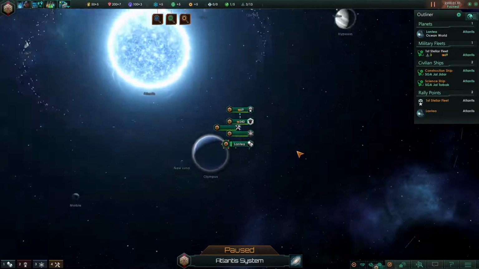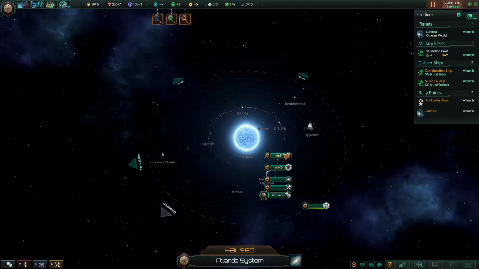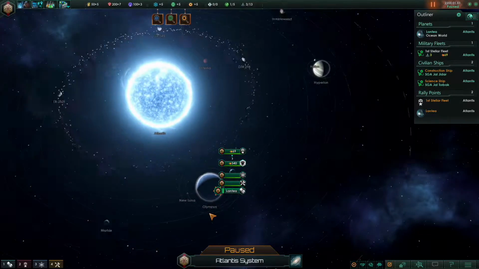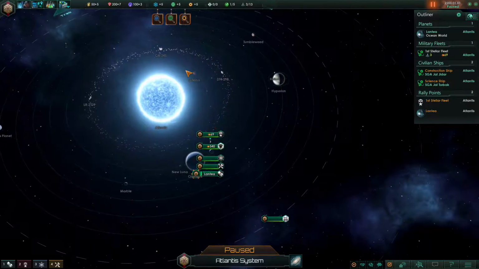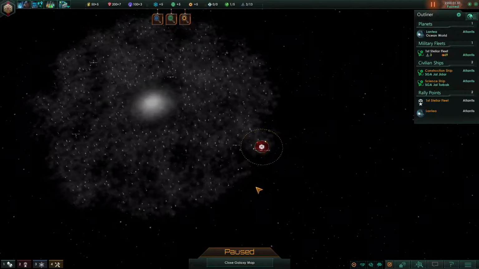Alright, now, this is the Deneb system. And we have Jackson's Planet. We have New Luna, Olympus. Okay, this is a little bit different because I've played on the Sol system. So, yeah, about that. Now, if we pop out to the galaxy view, we are...